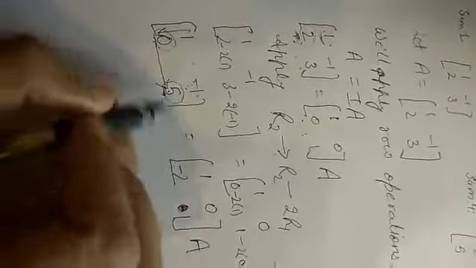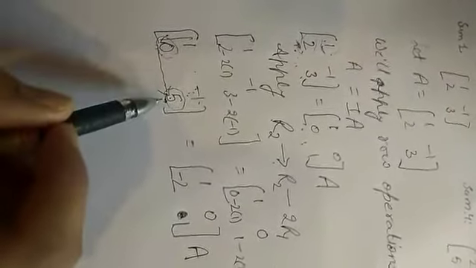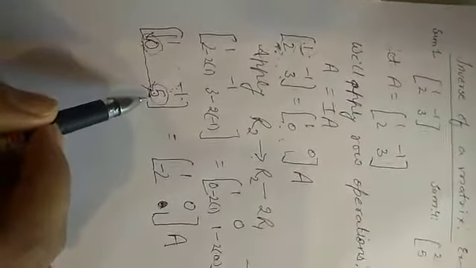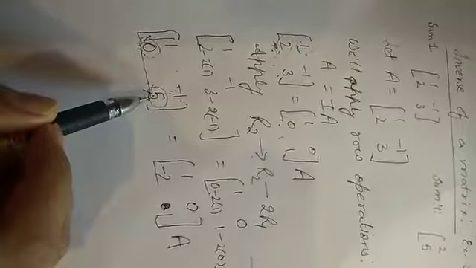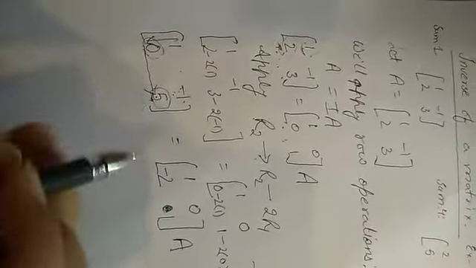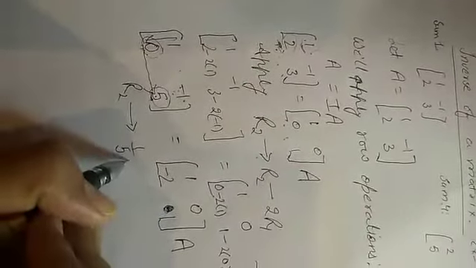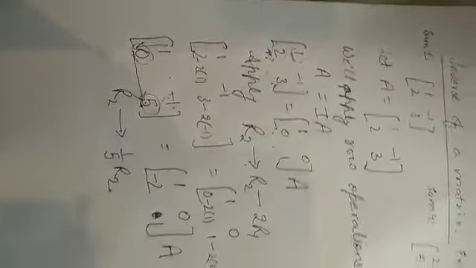So the other way is, we can multiply the second row, because we have the operation that we can multiply the elements of any row with a non-zero scalar. So we will multiply this by 1 by 5. So it will be R2. Now the operation will be, I want to multiply the elements of R2 by 1 by 5.